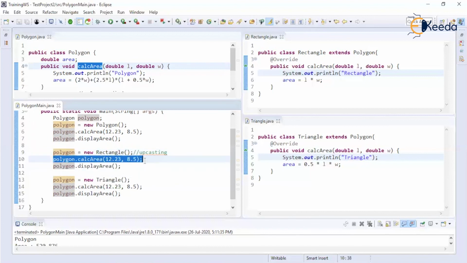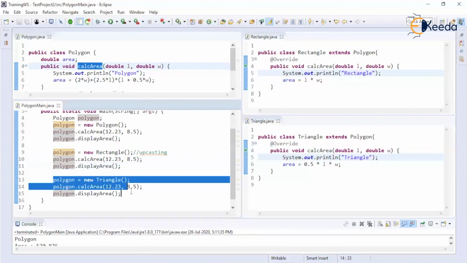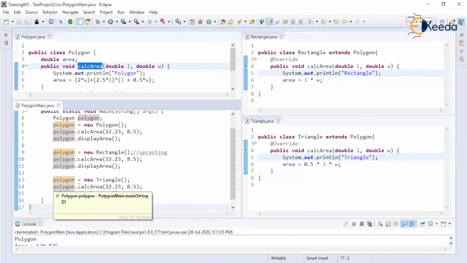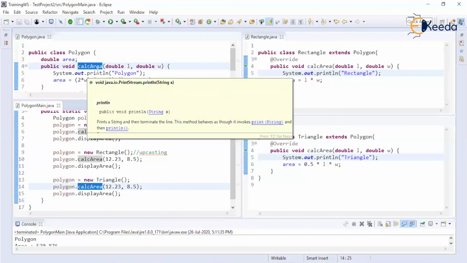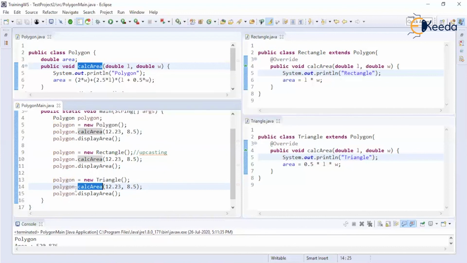Then the display area method will be called. The same thing will be checked with the triangle class. Again here, this calc area method will be cross-checked against the calc area method of polygon. So every time at compilation, this calc area method check is done against the method of polygon.